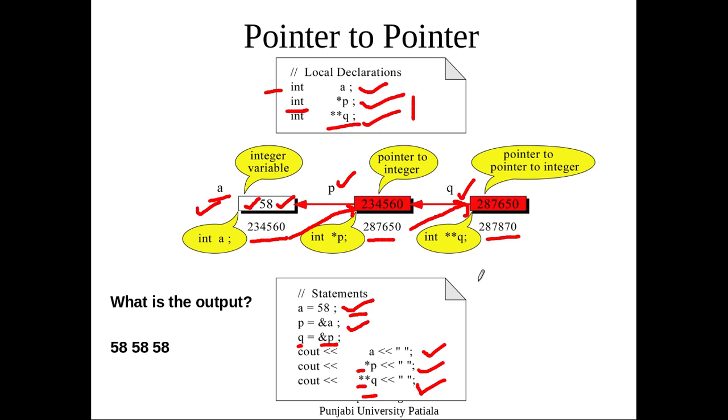So *p means the content of the location that is pointed to by p. Double star q means the content of the location which is pointed to by q, and further star means the content of that location which is pointed to by p. So **q can be understood in a similar way. You can go up to any level in this way. In all three cases, the output will be 58, 58, 58. So I am accessing the same value by three different means. By creating a pointer, we can access the locations directly as well as indirectly.